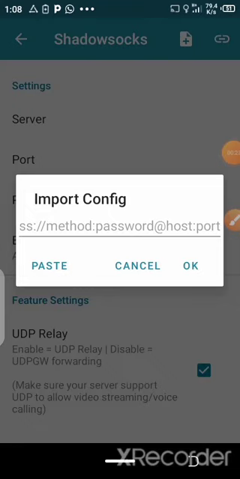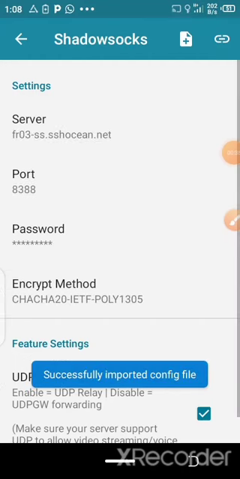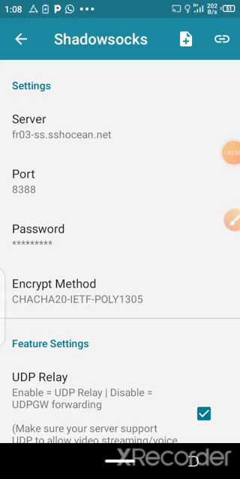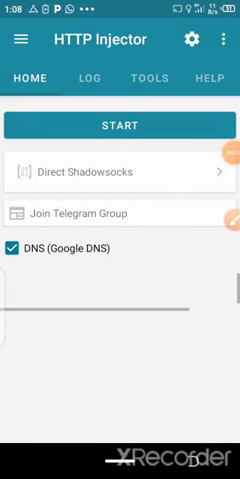Here there are a number of options. They will say paste, cancel, okay. So you click paste. Yeah, now our configuration has been pasted successfully. Yeah, please follow all these steps, procedures, and everything. So after pasting everything,